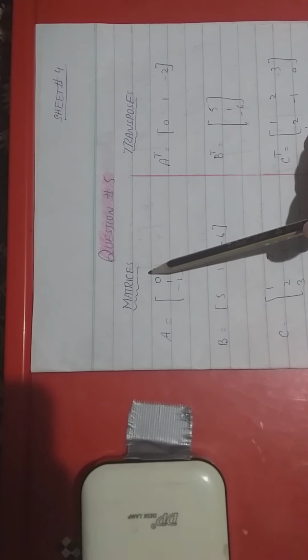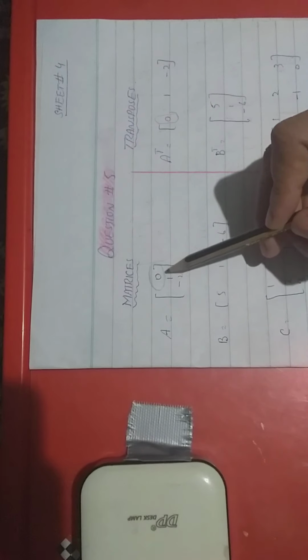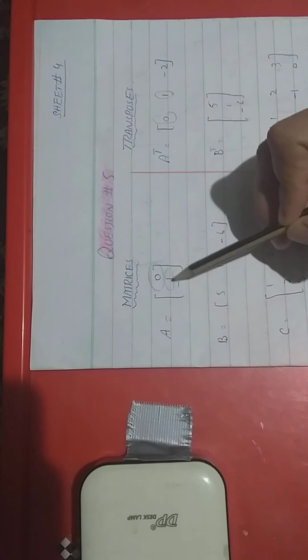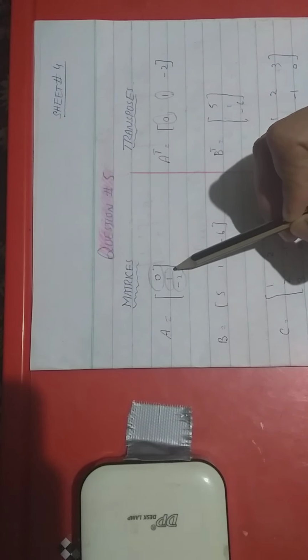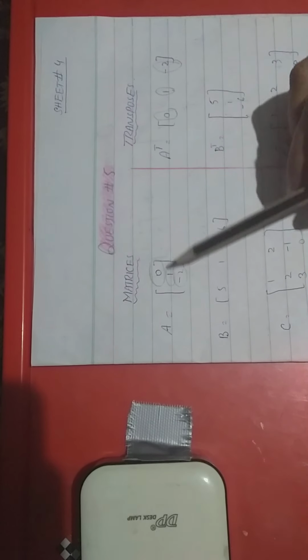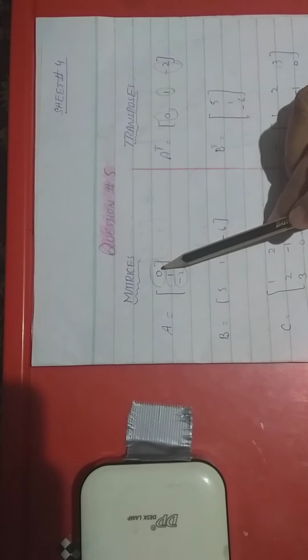Okay, so the first row of the matrix A is 0. We place it at the position of the first column. Similarly, pick the second row and place it at the position of the second column. Similarly, pick the third row and place it at the position of the third column. You will obtain the transpose of this matrix A. So what we have done, we picked the first row and placed it